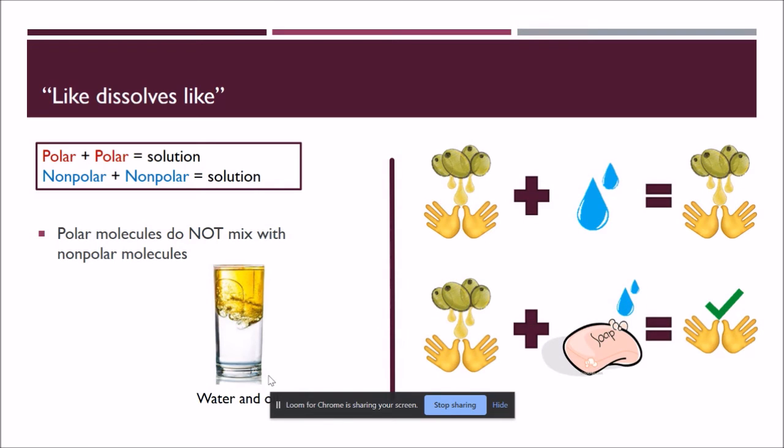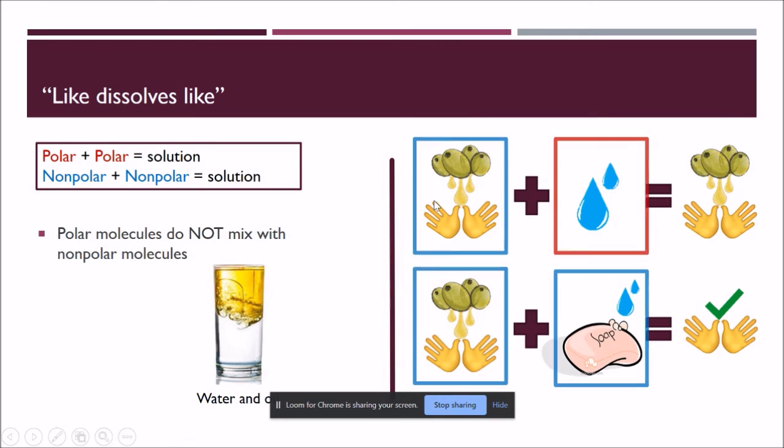So let's take into consideration this very, very schematic graph, right? What this represents is oil. We have olive oil in this case, hands that have olive oil in them. So we have oily hands. If we wash them with just water, we're not going to get rid of most of the oil. That's because oil is a non-polar substance and water is a polar substance. So when we put them together, the water is not going to do a great job at making the oil